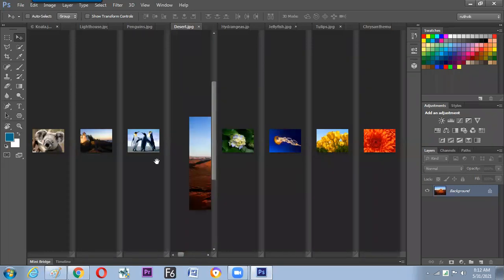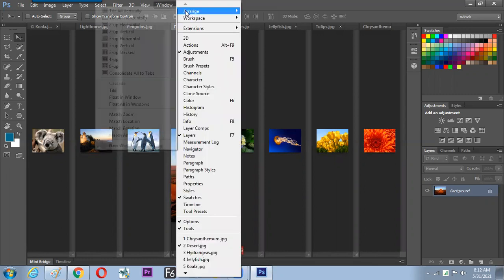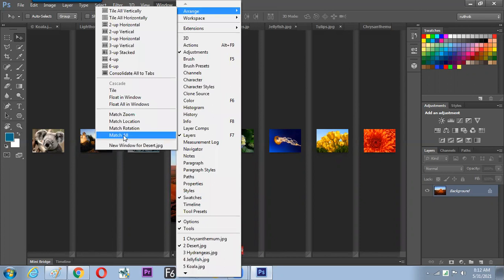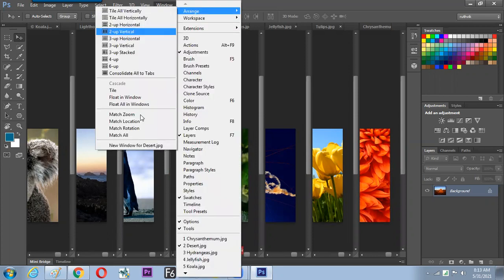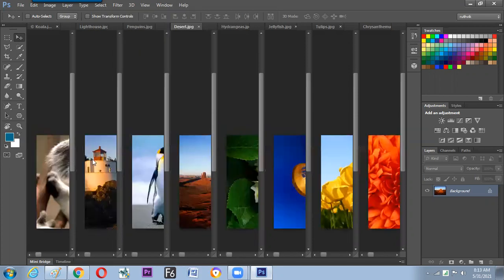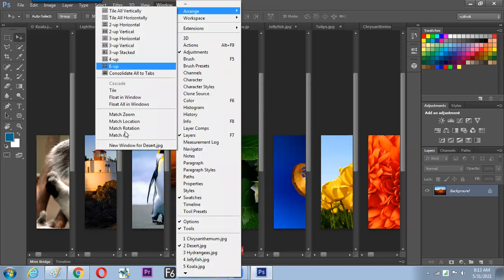Now inside the zoom condition also you can move it up, and we need this particular zoom and location to be set on all the things. Then you can switch to the Window and go for Match All. So what happened now? Whatever we have done, that same matching will be done to the others. If you are shifting to the right side of your screen and you ask the software to make everybody match all, then everyone's right side is visible. Is it clear now? So which part of the subject we want to see, exactly that same part we need to see in all. Then you can switch to the option called Match All.